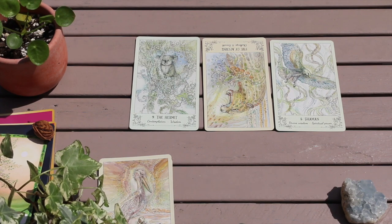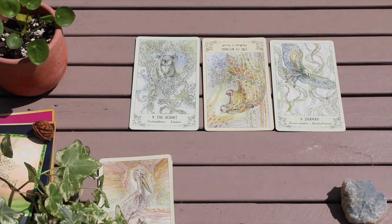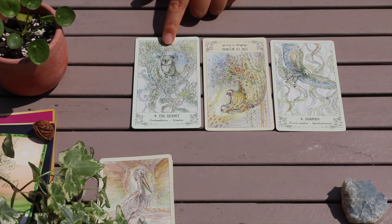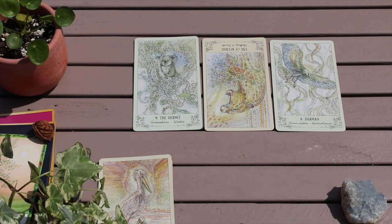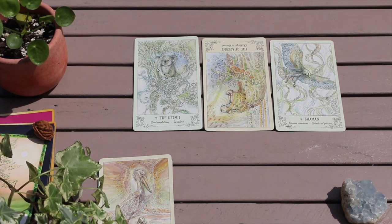Either way, it can be a little bit of a challenge, especially because, guys, I feel that you don't talk about it, you don't express this. The 5 of Acorns is usually like the 5 of Wands and talks about expressing your anger and having some dispute, not necessarily a fight, but a discussion for sure, and a little argument. And with this in reverse, it means that the arguments are repressed. So one of you is actually keeping everything on the inside, which could be very much associated with the Hermit as well. Somebody has a difficult time expressing what it is that they are angry about. And again, it could be you, could be the other person. Either way, it's creating a little bit of a challenge, but nothing that can't be overcome, especially when you have the Shaman